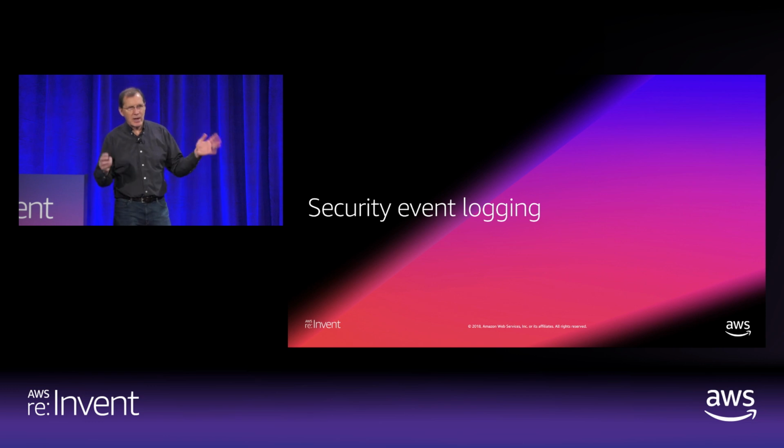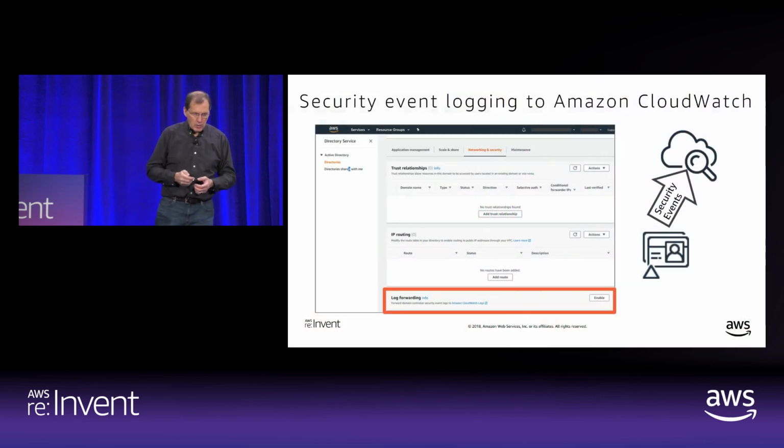And they said, well, that's great, but we really need to have near real-time access. We have all kinds of processes that we use internally. We might be using Splunk. We want to be able to look at that. So what we did about a month ago is we released a feature that allows you to forward the security event logs to CloudWatch. And so you go into the networking and security panel in the directory,